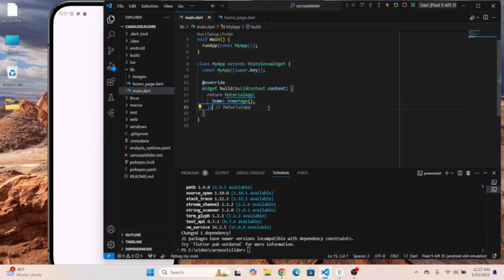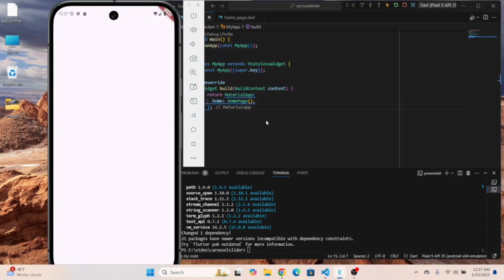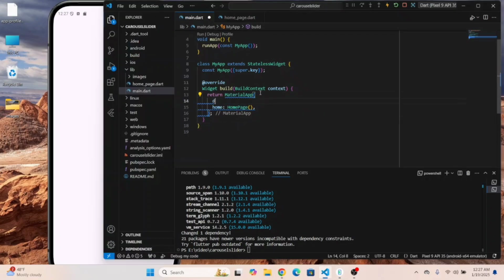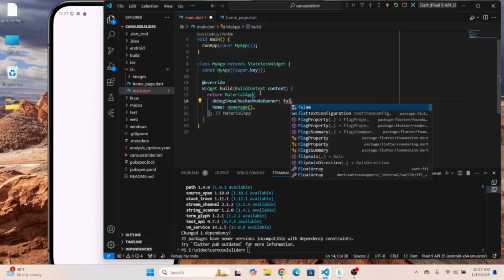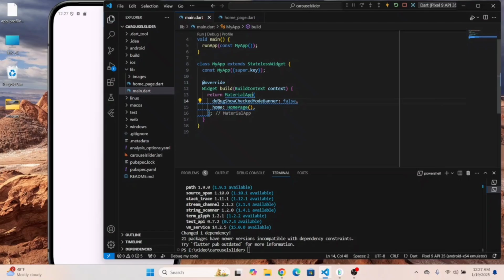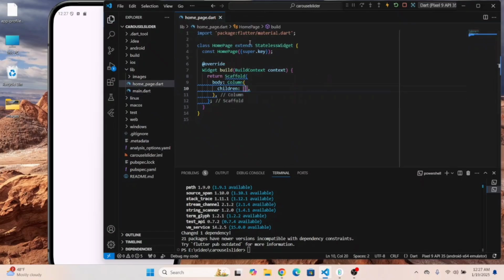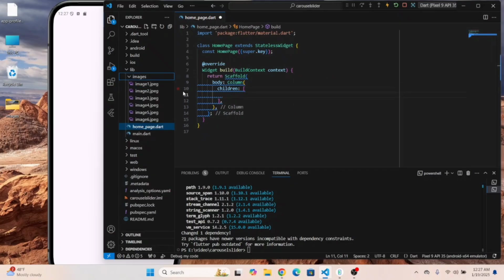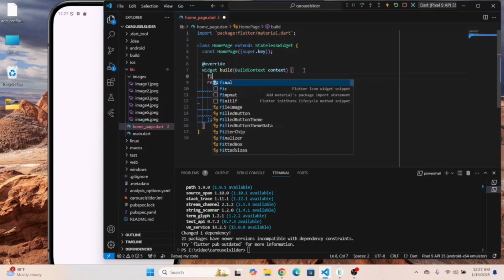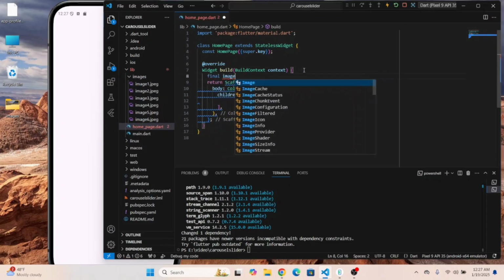Now save it, and we'll get this blank screen. Now let's remove this debug banner from here by making debugShowCheckedModeBanner false, and close this file. We do not need that anymore. Now let's create the list for these images as strings like this: final images